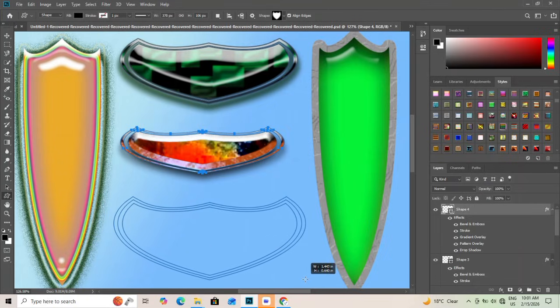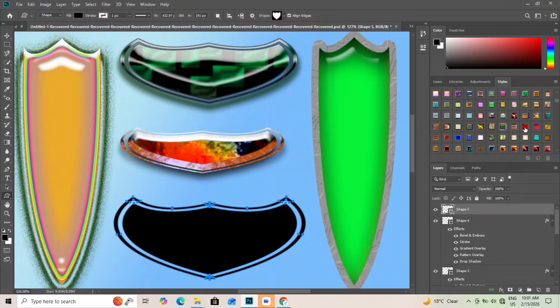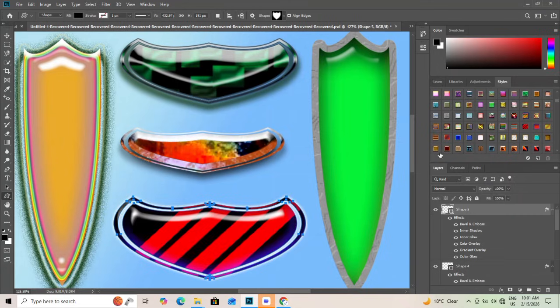Next, duplicate the LUT and change its blending mode to soft light to enhance depth and mood. Toggle it on and off to see how it strengthens visual